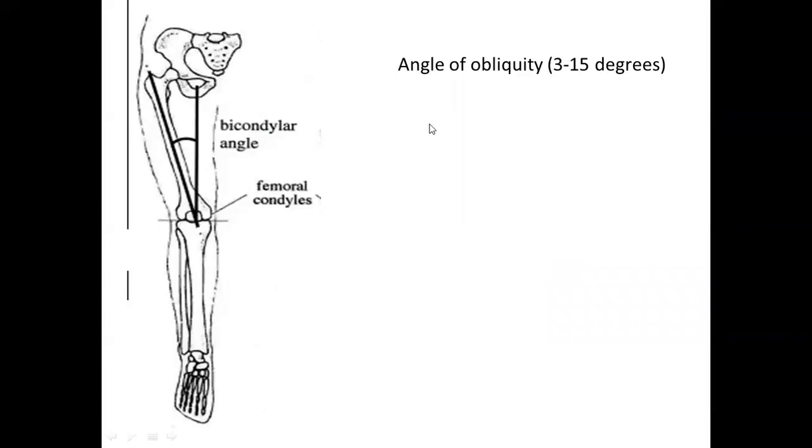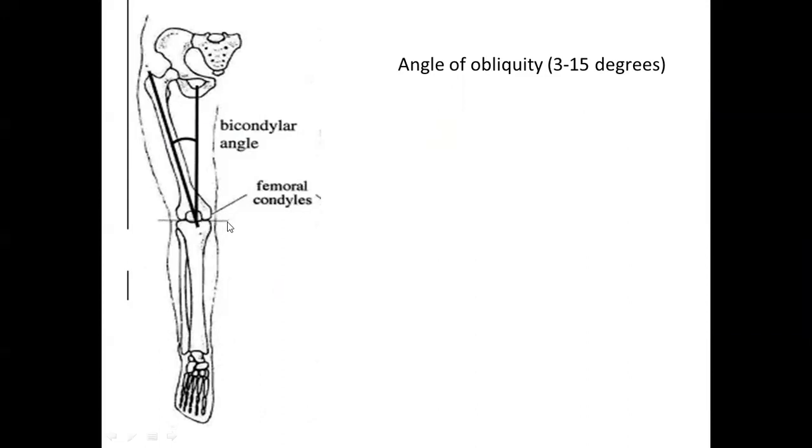Then we have another angle that is known as the angle of obliquity. What is this? This is asked in your viva in the femur. Angle of obliquity, side determination. When we saw the side determination of femur, I told you that the femur is not placed vertically in the body, but it is placed obliquely in the body. So there is an angle. What is the angle? The angle formed between the long axis of the femur. If we draw a line through the long axis of the femur, and we draw a perpendicular line,